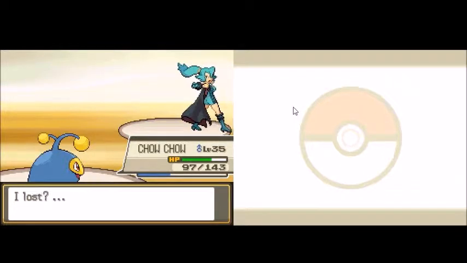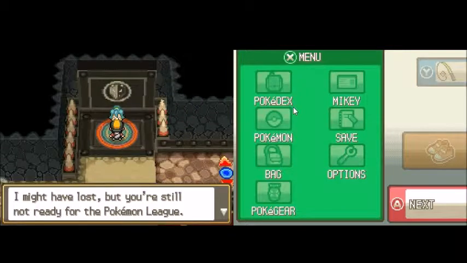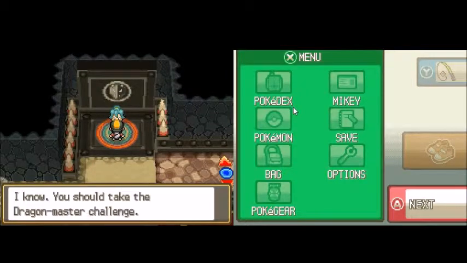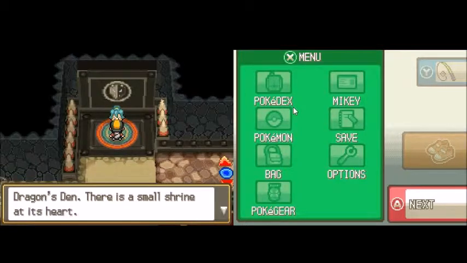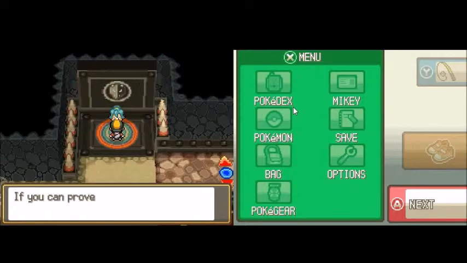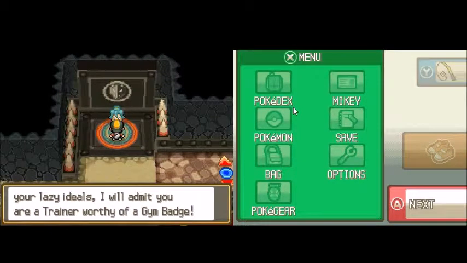We defeated Clair. I lost? I don't believe it. There must be some mistake. Thank you, Clair. I won't concede this. I might have lost, but you're still not ready for the Pokemon League. I know, you should take the Dragon Master Challenge. Behind this gym is a place called Dragon's Den. There is a small shrine that's at its heart. Go there. If you can prove that you've lost your lazy ideals, I'll admit you are a trainer worthy...